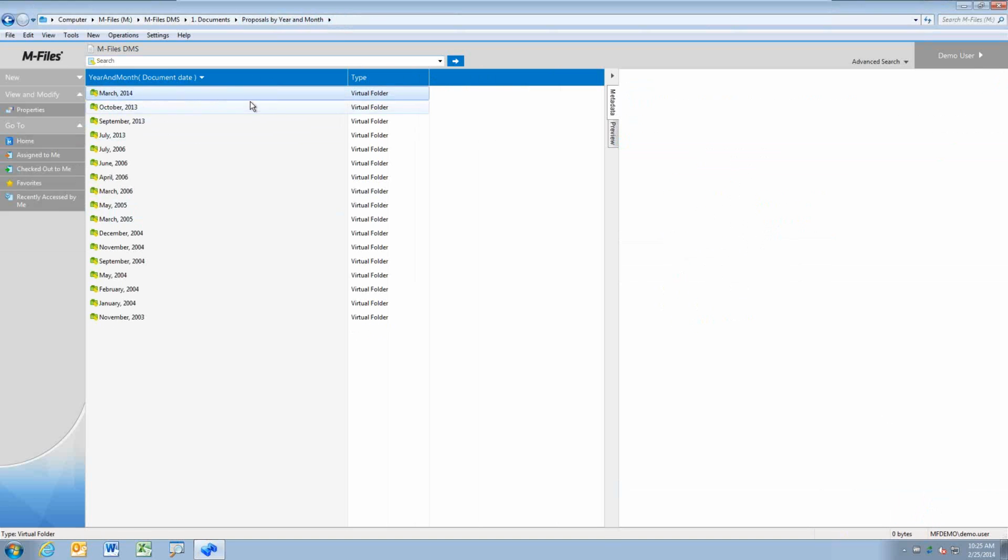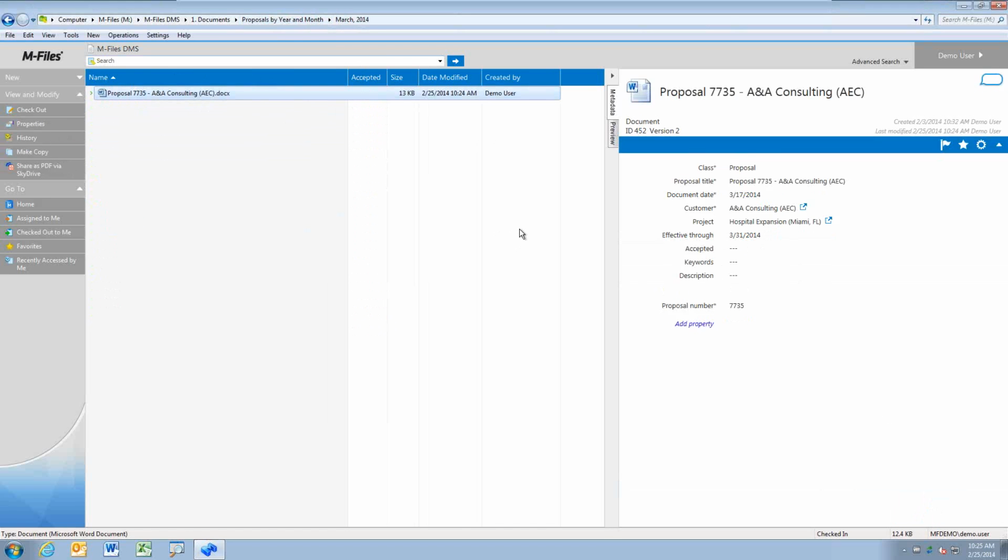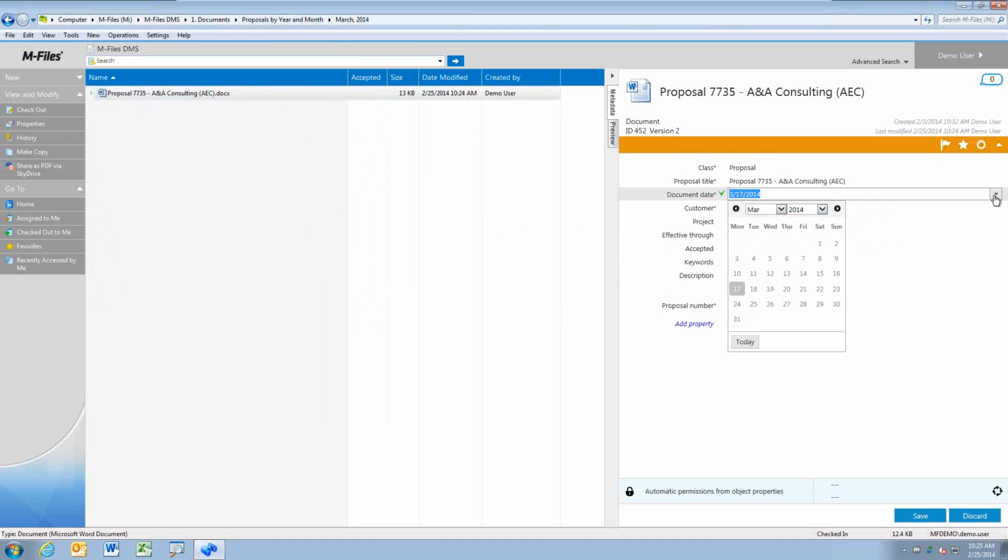This one was created, the other one was destroyed on the fly based on that metadata change. So if I go into March 2014, we'll see that that proposal is now in this virtual folder with the correct metadata on it. But if I go and I change this, let's say I change it back to January,